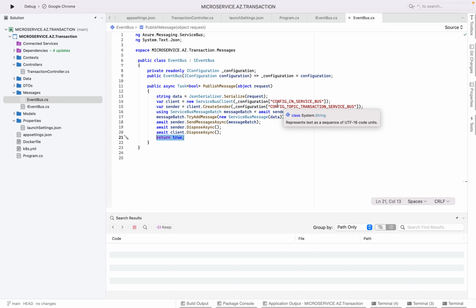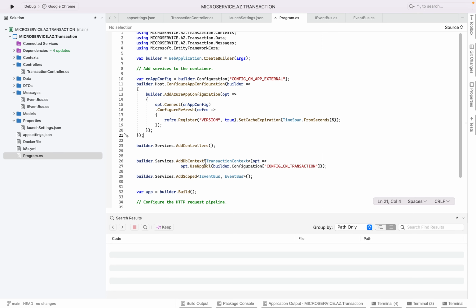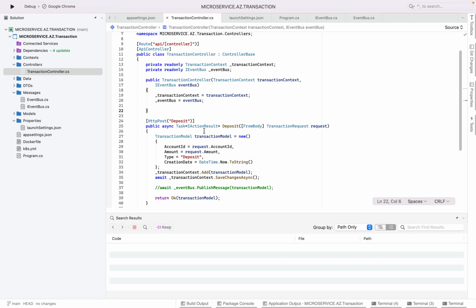Okay, then this is everything that we need to send messages to the service bus, and each time we need to send a message, we just inject the event bus. For that, let's go to the program CS. It's already here. I thought it was commented. So we make sure that we're gonna inject the event bus, and lastly we go to the controller